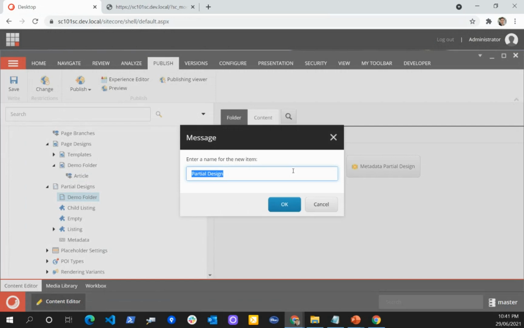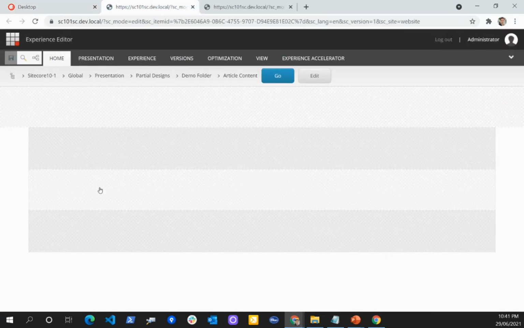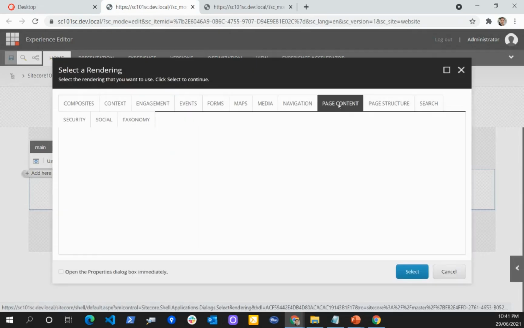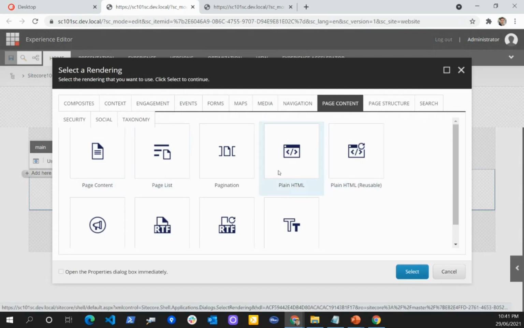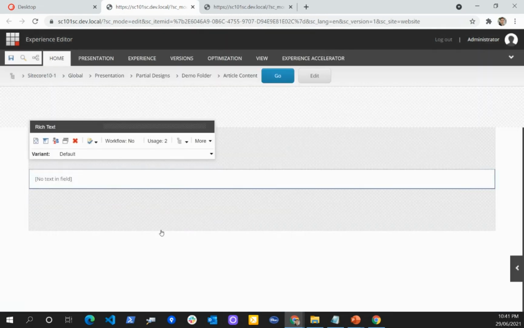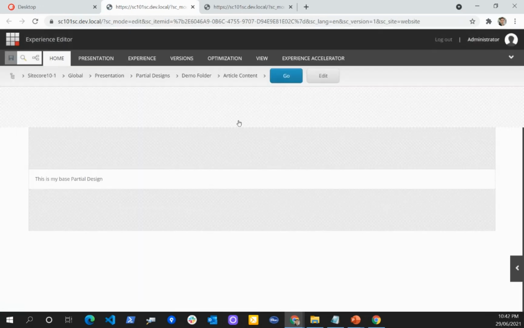But if I want to create the article content, then inside the article content I use my main placeholder, drag and drop page content, and maybe just use rich text content. This is my base partial design.